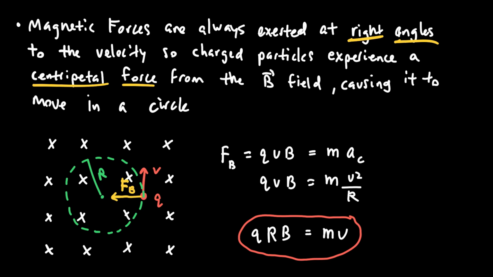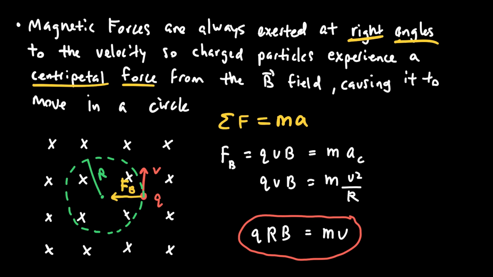And so in essence, a charged particle in a magnetic field experiences a centripetal magnetic force from that magnetic field, causing it to move in a circle. And we learned that the charged particle goes around in a circle with a well-defined radius r, and V and FB are perpendicular. And we learned the relationship between the radius of that circle and the speed of the particle by writing a Newton's second law equation, which says the sum of the forces is equal to the mass times the acceleration